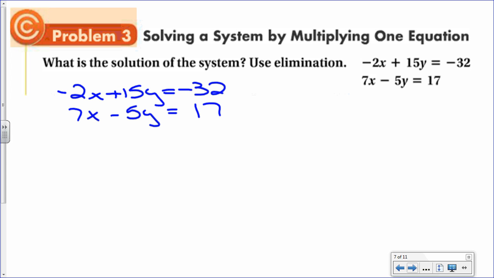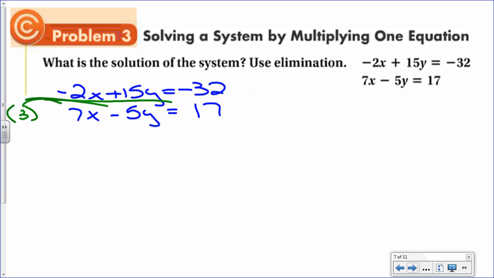Now, here's what's going through my mind. I'm drawn to the y's because I know a number that 15 and 5 both go into is 15. If I would multiply the bottom equation by 3, and I'll put it out front like this, and distribute it to every single one of them,